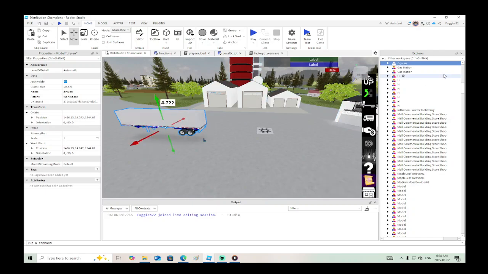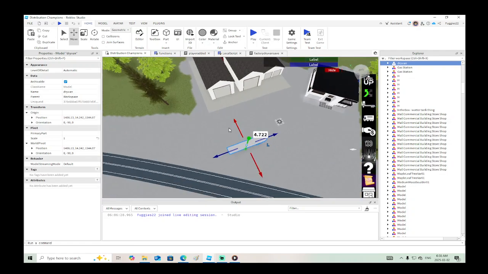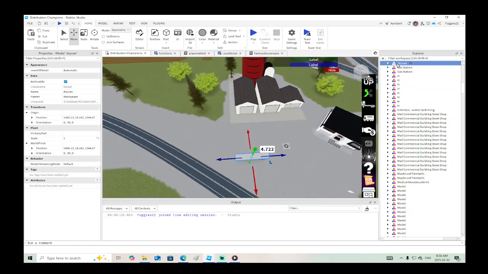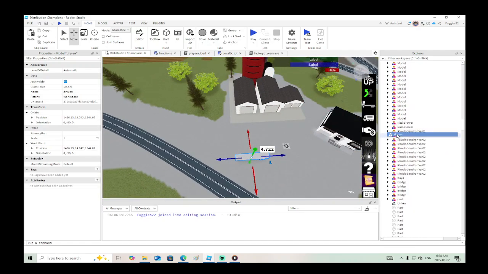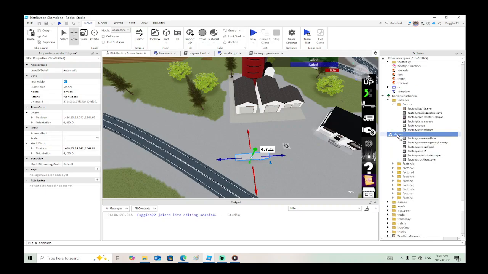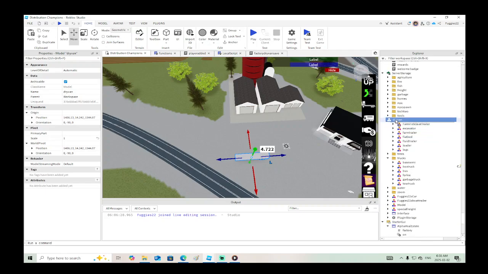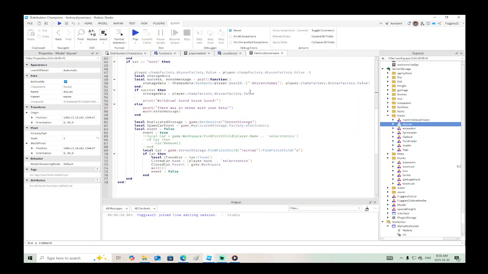Up a little bit. Okay, for now, I'll change the location of it. Okay, so then when we move it,